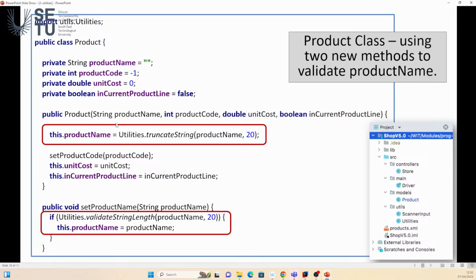So in the constructor we said that it's allowed truncated. So look how neat our code is starting to look. We're calling our utilities class, we're calling the method truncate string, we're passing it the product name that we're passing in, we're telling it a 20 because that's going to be the max length, and it's going to return the first 20 characters if it's greater than 20, or the actual name that was passed to it if it was